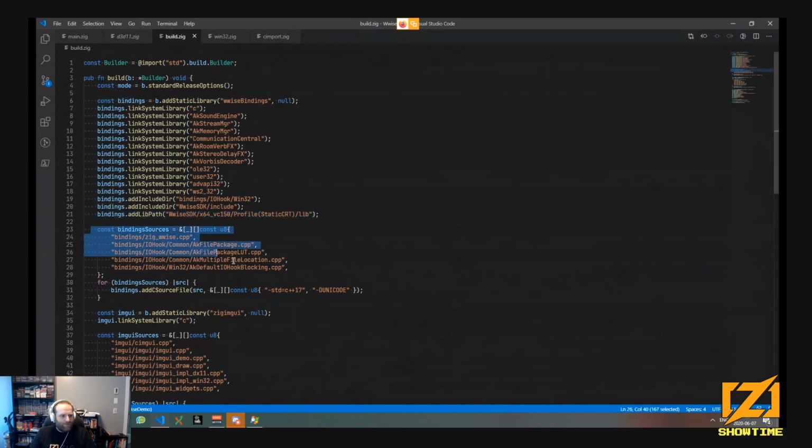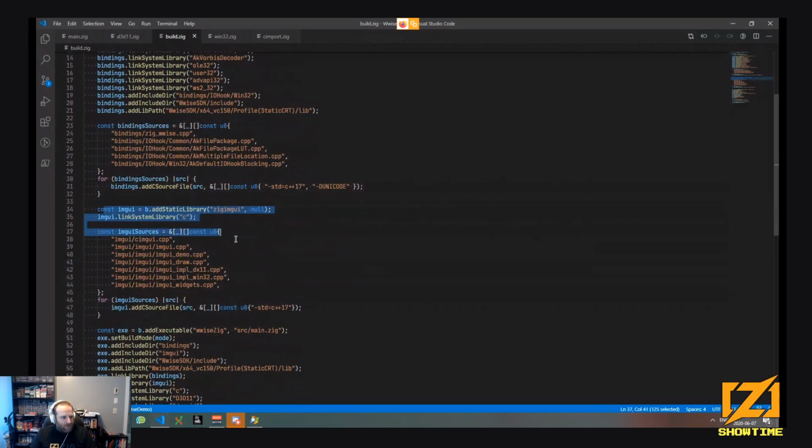And if you build C code or C++ code, I really suggest you make an array of all the C files you want to build, and just do a for loop to add the C source files to your library project.